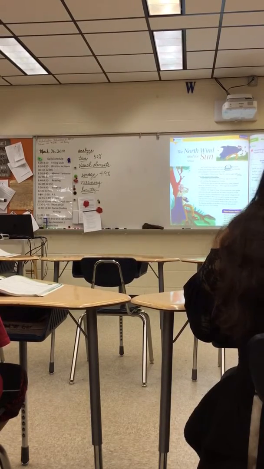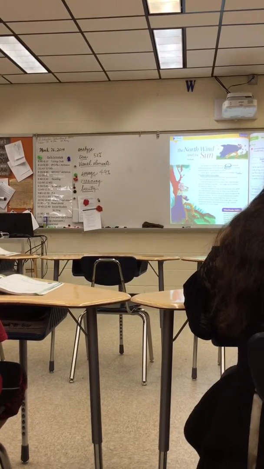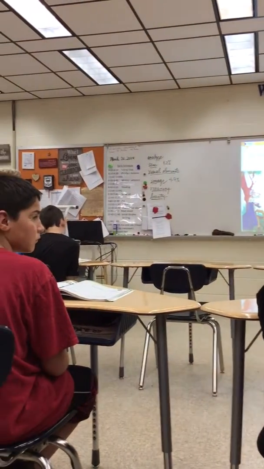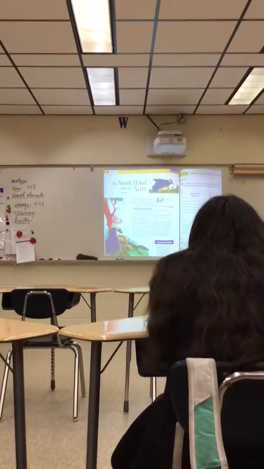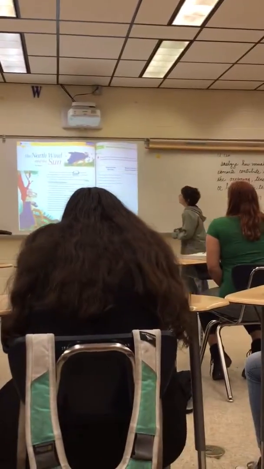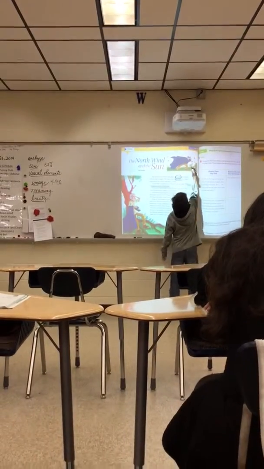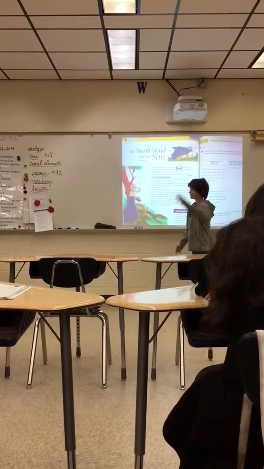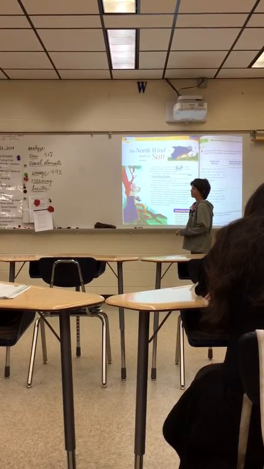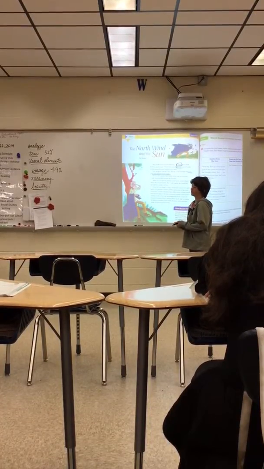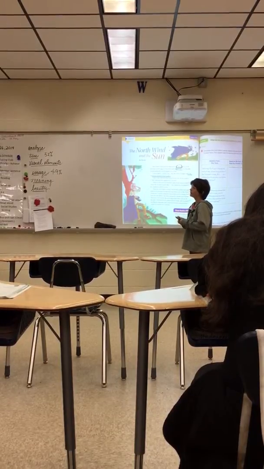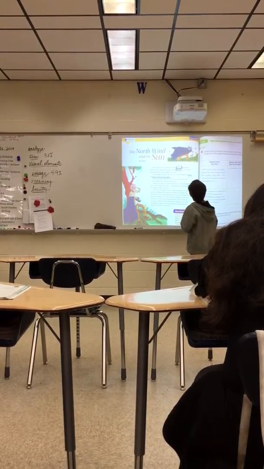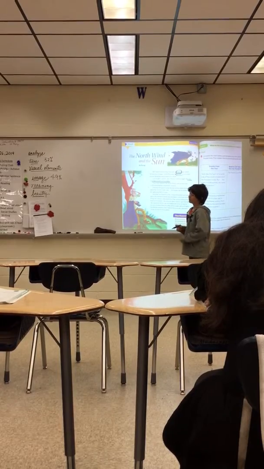Alright, Wyatt, either picture, the top picture or the bottom picture. It doesn't matter, whichever you choose. Okay, tell us about it. Why did you circle that? Because he's holding his hat down and telling us that it's blowing away. Oh, the wind is blowing, because see, the wind was howling, so that lets you know it's blowing. Very good.